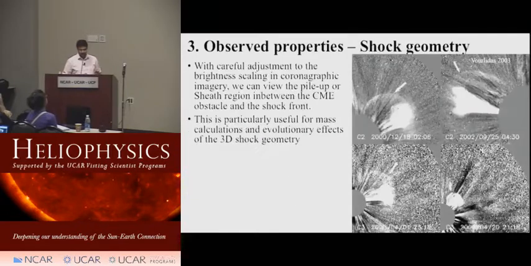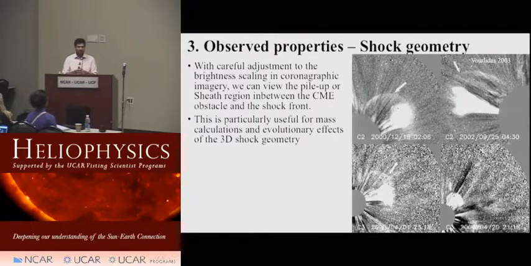So, moving on to shock geometry. Lots of interesting things can be done with this, in particular when you can triangulate. You need to be able to look at CMEs from different perspectives, not just from Earth, and that gives you an ability to get an idea of its full 3D structure. But a few years ago, it was not